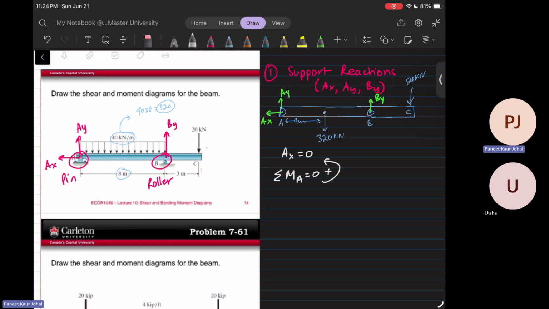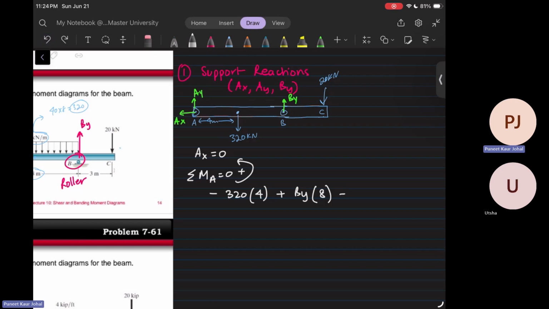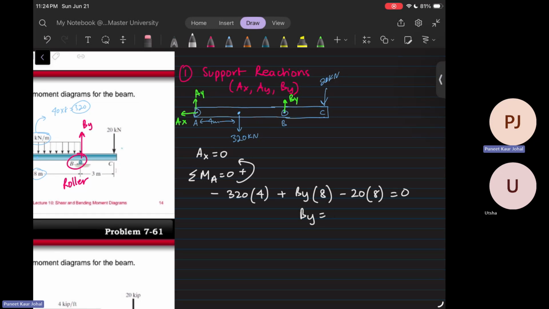You do all of that and you will get 320, which is 4 meters away, clockwise, so negative. BY, counterclockwise, so positive, acting 8 meters away. The load at C is actually clockwise, so 20. And using that, I think the BY we figured out is just going to be 187.5